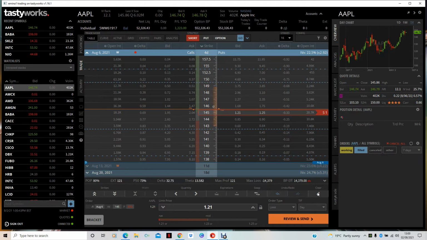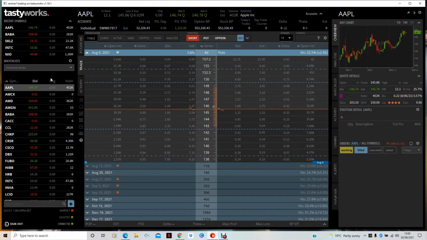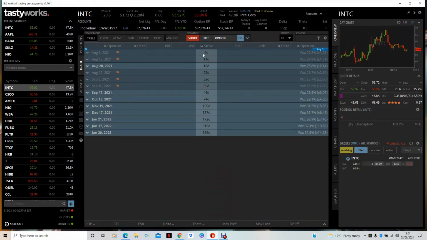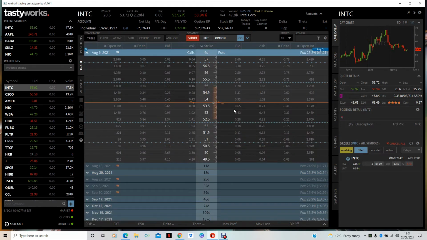I'm also going to make the trade of Intel. If I can just find Intel. There it is. So I'm going to open a weekly trade for Intel. Now again, because it's less volatile and it's a sturdy company, the premiums aren't the best, and I'm happy at buying Intel at $53. This is a cheap price for Intel. It's undervalued at the moment, so I'm happy owning Intel.